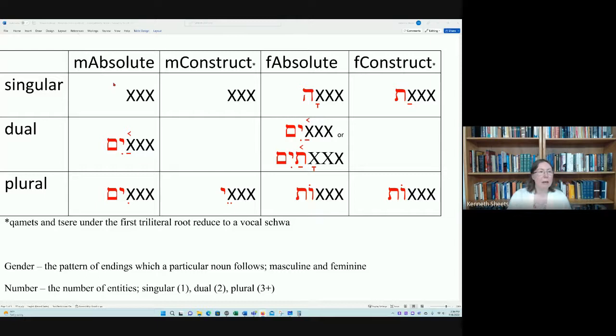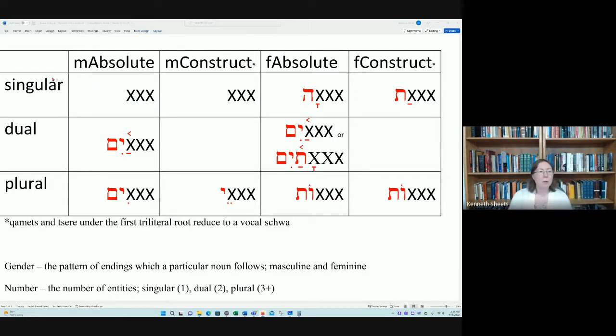But as far as these endings are concerned, I have this column here for the masculine absolute, and then the third column for the feminine absolute. The three X's that you see here represent the three letters of the noun. Most Hebrew words are built off of three letters, and onto those three letters, we then have the